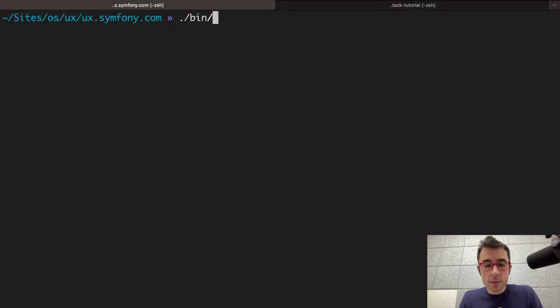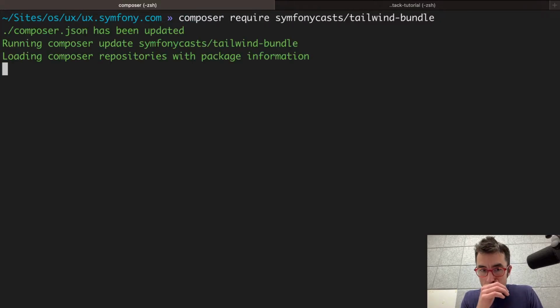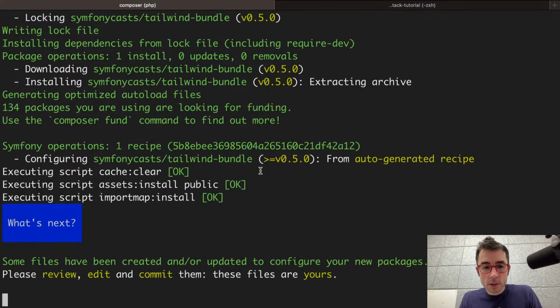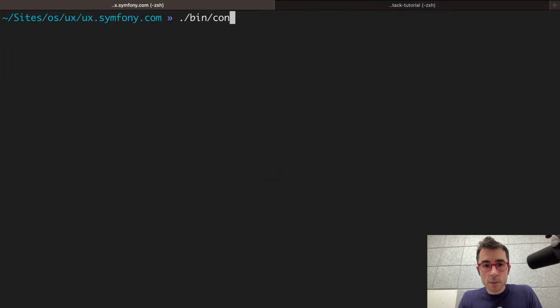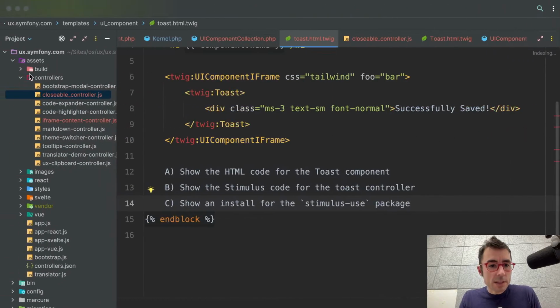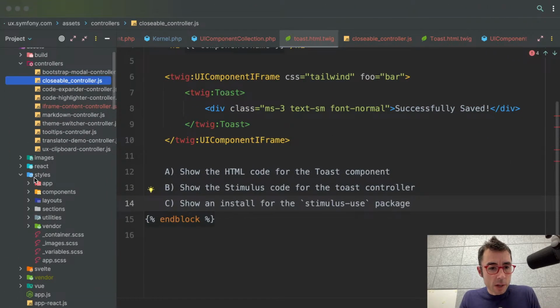And you know what? I know I'm over my self-imposed time, but I'm gonna see if I can get that Tailwind working in like 2 minutes. So SymfonyCasts Tailwind bundle. So let's install that. Cool, that's installed. Now bin console tailwind init, that just creates the configuration file. Oh, but it's trying to put it inside of app.css. So that's a path we can configure, but we want to create a